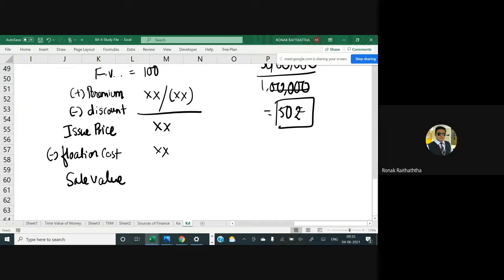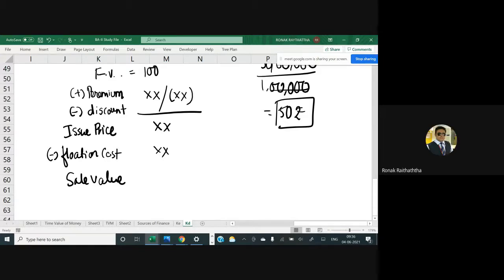Some people will ask, sir, why are we not doing that in equity? Because the problem with equity is that equity does not have any maturity at all. In equity, you don't do such calculations because equity does not have any maturity. That is a perpetual kind of instrument that will remain as long as the company is there. It is the permanent source of capital. So finding the expectations of the shareholders and the cost of equity was different. But sir, these debentures are irredeemable, so they'll also never get redeemed.